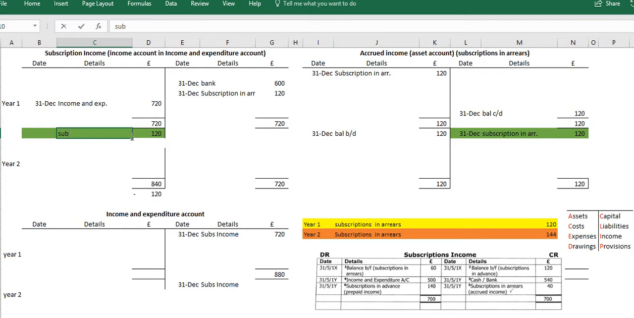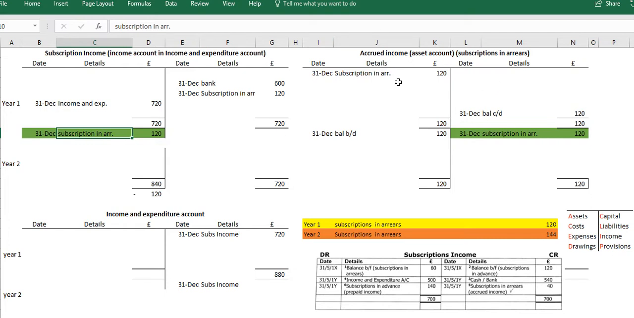and subscription in arrears, 31st of the 12th of £120. Okay, so the impact of this one accrual reversal that we've done here has now been